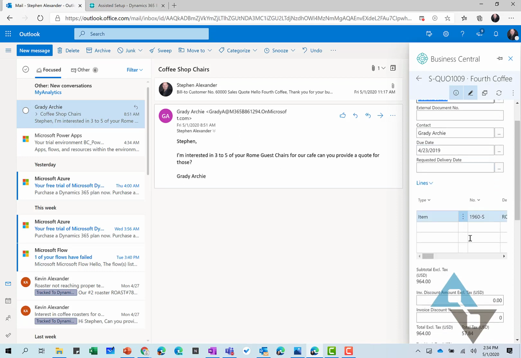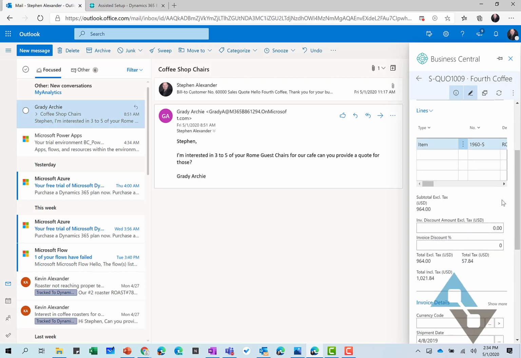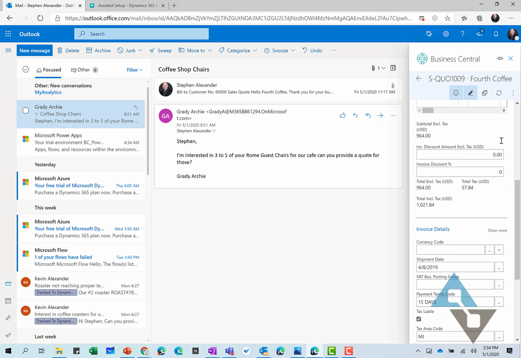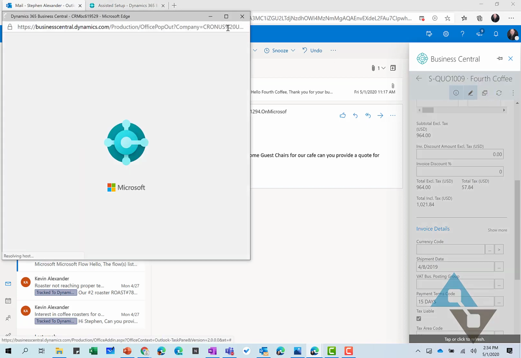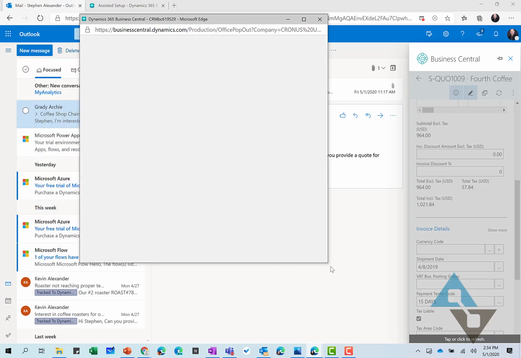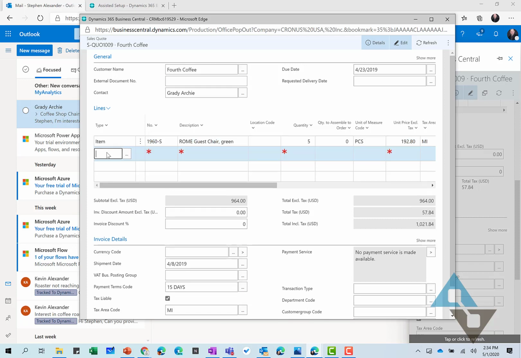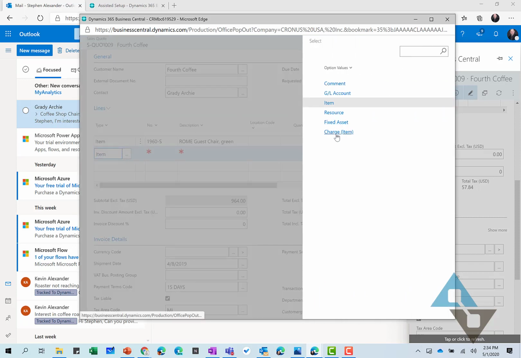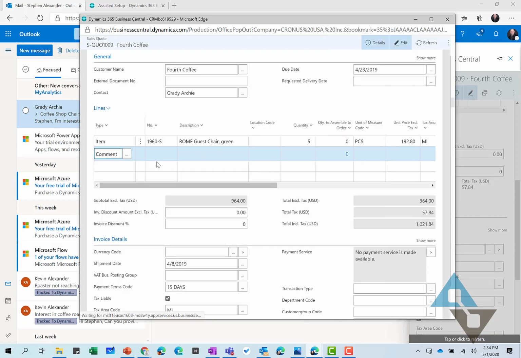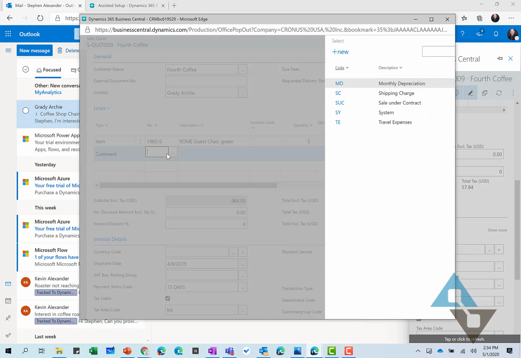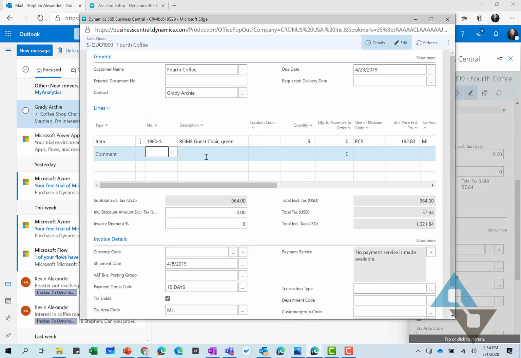So there's not a lot of real estate in here to finish this quickly, and maybe there's some additional notes or things that I might need to add to this quote. So if that's the case, from here, I could open this in a new window quickly, and this will give us a larger window for the quote. And maybe down here, I'd like to add a comment down here in this window, and that comment being